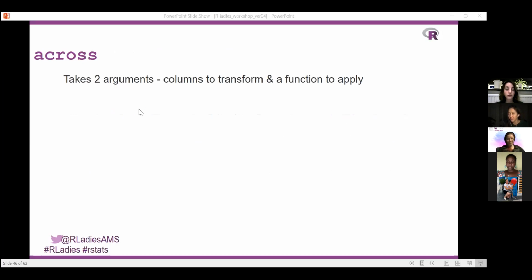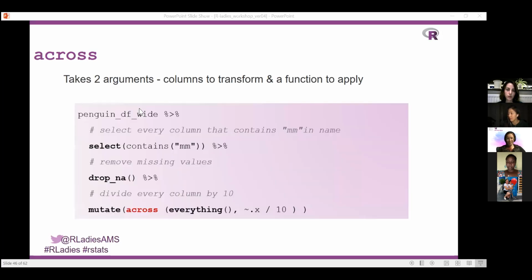So here, the function can be either a pre-made function, like mean or median or max, or we can also make custom functions with it. Again, like the last one, I just selected something with just this measurement in millimeters. I just dropped missing values. And then I'm saying, okay, mutate across everything, and we've seen that everything also goes with select, so it does every column. So across everything,